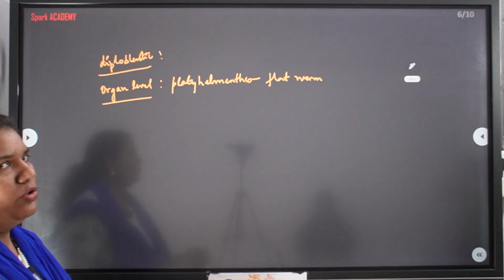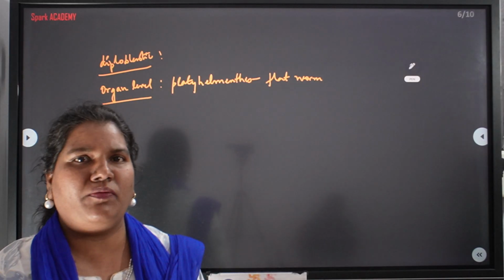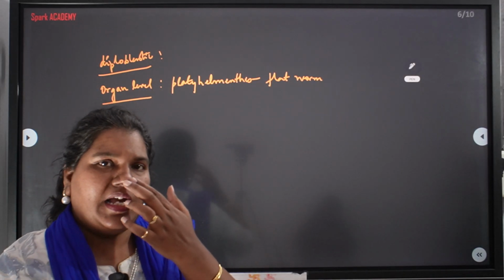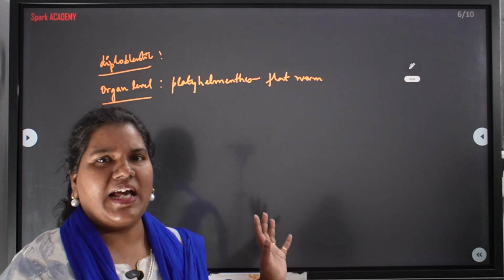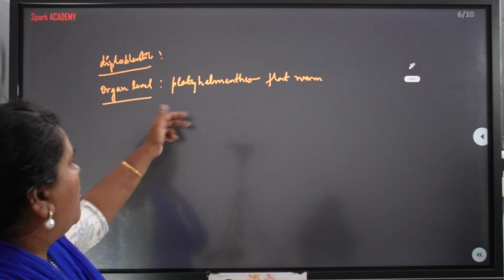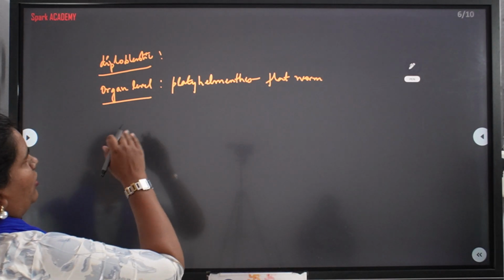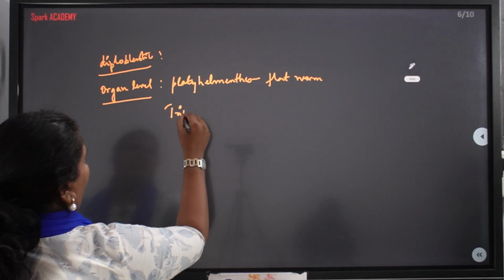Platyhelminthes organ level లో. Organ level ఎందుకు అంటే they show some simple organs performing function, like simple digestive organs and simple excretory organs, reproductive organs we find in these animals, right? So they come under organ level of organization. And what else do we learn about platyhelminthes? They are triploblastic